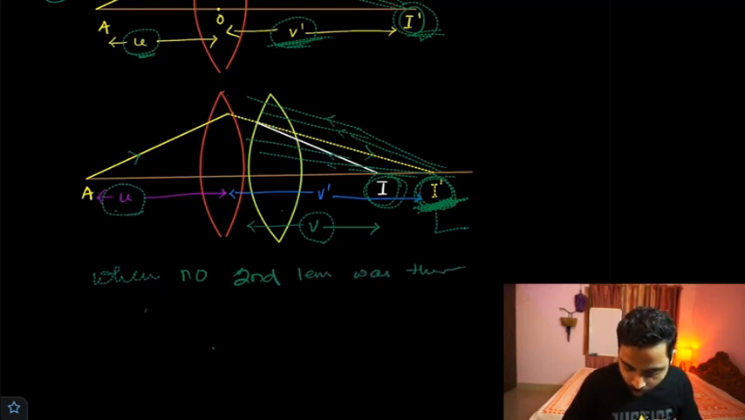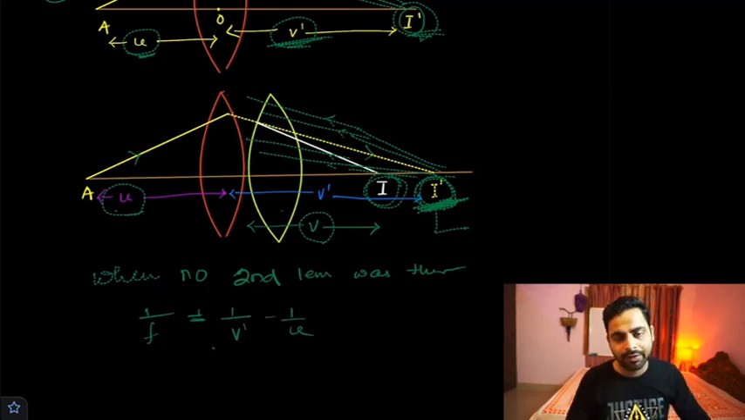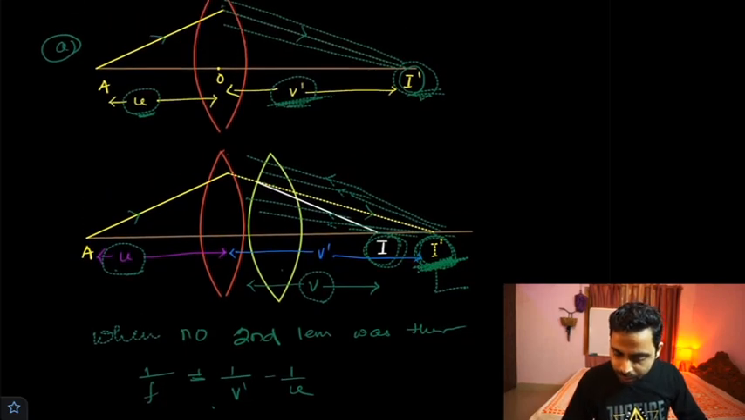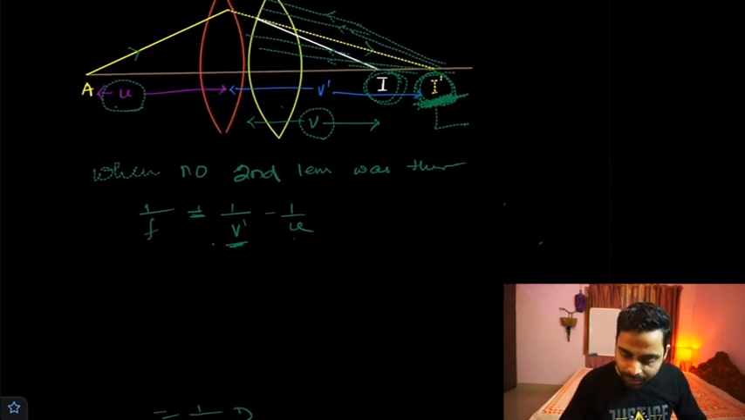I can say 1 by f equal to 1 by v prime minus 1 by u, because I know the formula 1 by f equal to 1 by v minus 1 by u. Here for the first lens image position was v prime, so I have written v prime minus u. Okay, when I have placed the second lens, for